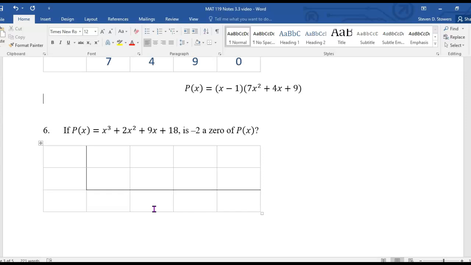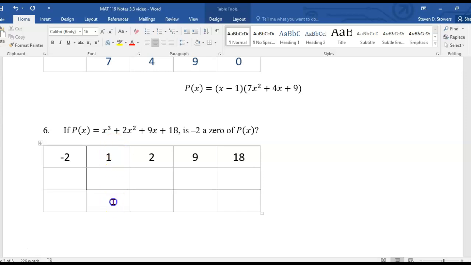Next example, if p of x is x cubed plus 2x squared plus 9x plus 18, is negative 2 a 0 of p of x? One way to tell would be to plug in negative 2, do the calculation, see if we come out with 0 or some other number. But another way would be to do the synthetic division and see if the remainder is 0 or some other number. So put the negative 2 out in front and the coefficients 1, 2, 9, and 18 across the top,